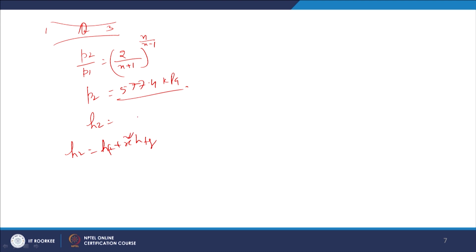Entropy is constant. Entropy at 10 kilopascal is equal to entropy at 577 kilopascal; the entropy is the same at this pressure and this pressure, right. From here we will get the value of quality x, and we are getting the quality as 0.961. Using this quality we will get the enthalpy at stage 2. When H2 is known and H1 is known, we are going to get the velocity at stage 2, V2.